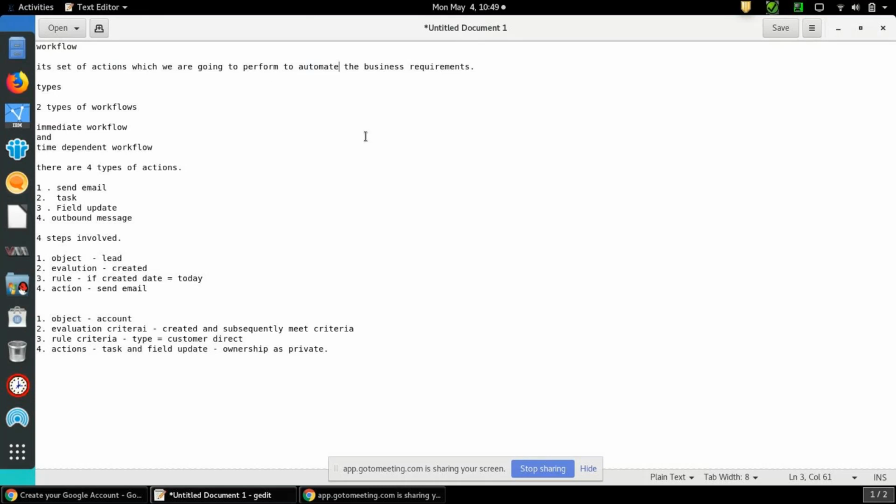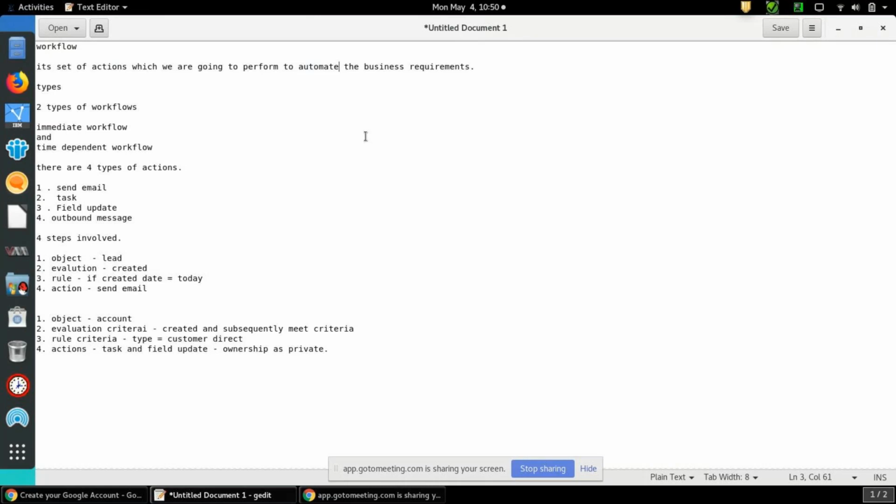Suppose I select time-dependent workflow, so time-dependent workflow means something you are scheduling, I mean at a particular time only. If this criteria is met, execute this at a particular time. Suppose a lead is created by someone and the condition is satisfied, please execute this tomorrow. Like that you can schedule it. That is nothing but time-dependent workflow.